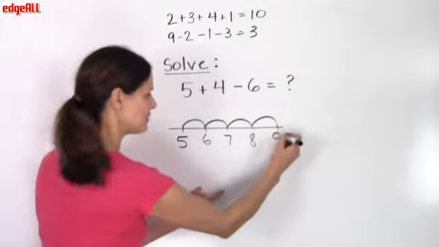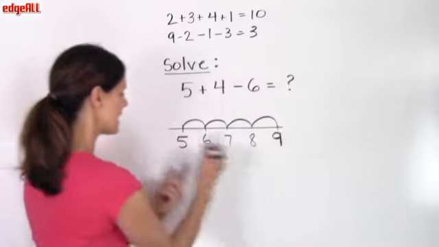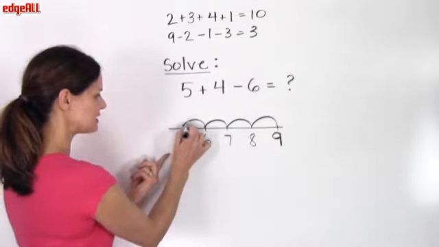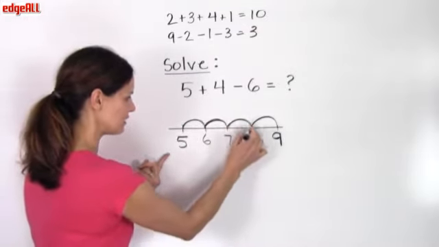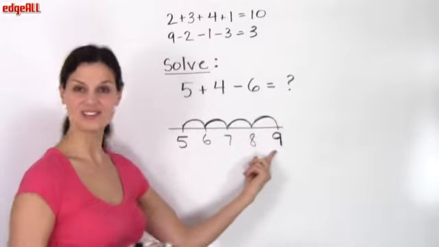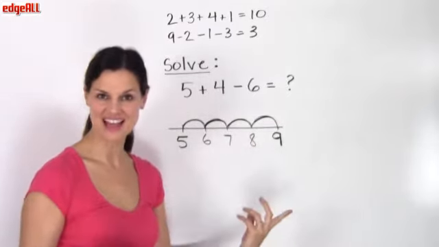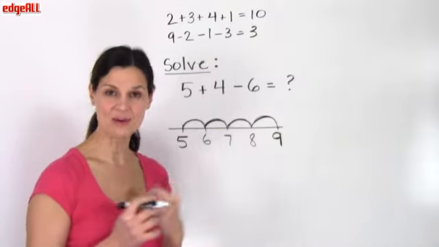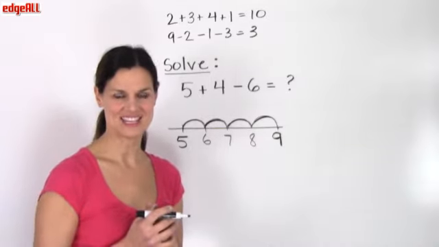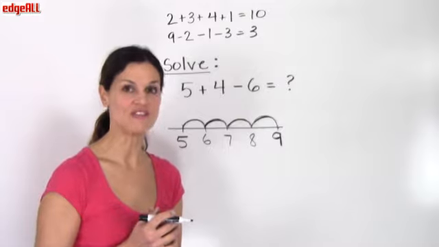So using a number line, we can also see that 5 plus 4 equals 9. So counting objects or using a number line, or if you've memorized your one-digit additions, you would know that 5